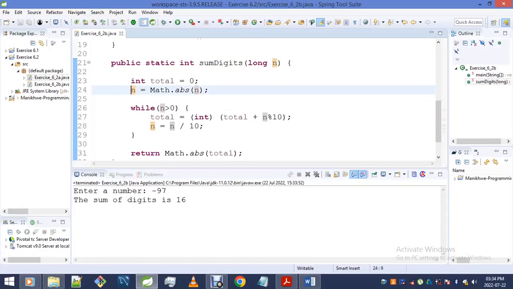And that right there is considered as an inefficient solution, right? Because we're computing the absolute value of n even if n is positive, and if it happens to be negative, we'll keep,